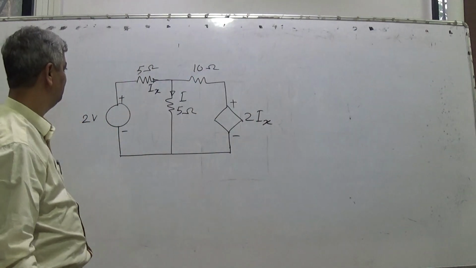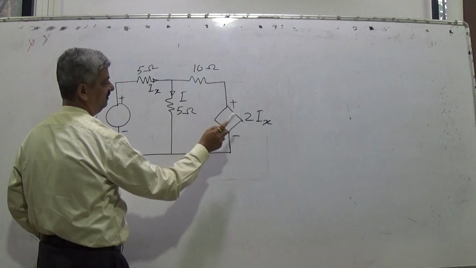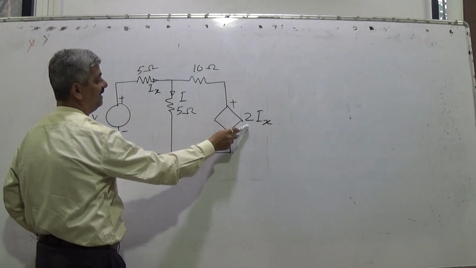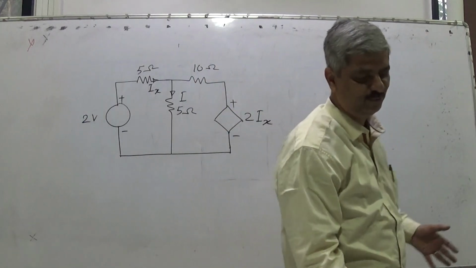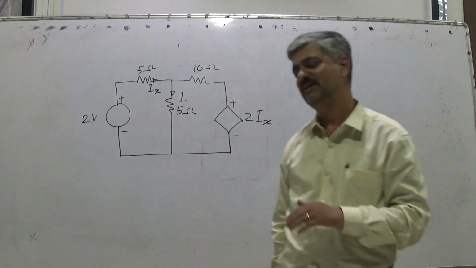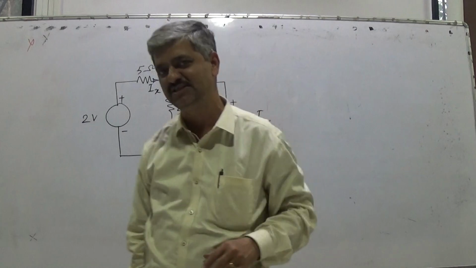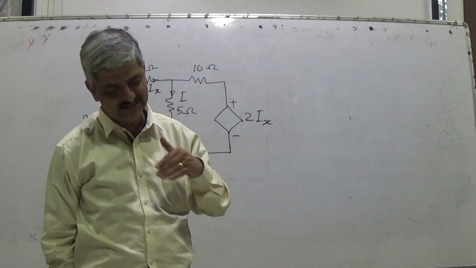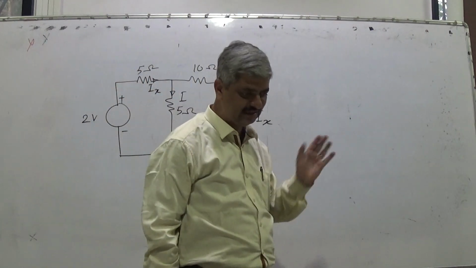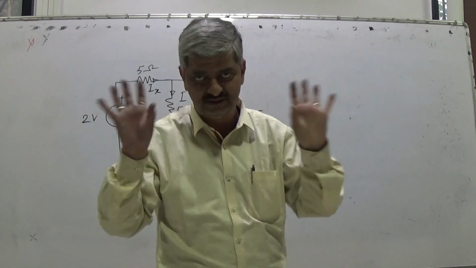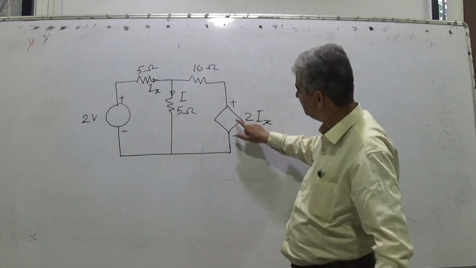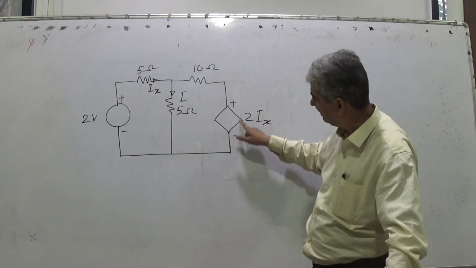So what does it mean? This is a dependent source. Such sources are constructed by using some active components. You might have studied such dependent sources in the model of a transistor. So this is constructed using some amplifiers. Right now that is not our purpose. Our purpose is to discuss how the things are to be solved. So this bracket is like this rhombus.